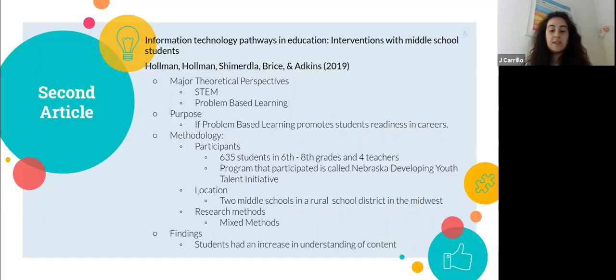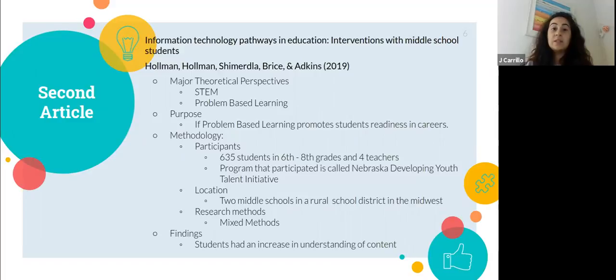And this, they also define this as a more active and physical way of learning in their own environment, and being active participants throughout the whole entire process. The purpose of this article was they wanted to see if problem-based learning promotes students' readiness in careers. The methodologies that they used was that there were